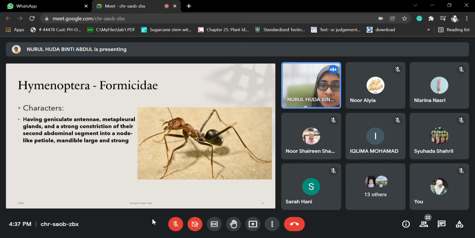Okay, other than that, what are the things you can see? Ada mandibles. Yes, tadi kita dah sebut mandible dia ada. Very large and strong mandible here. Mandible large and strong. Ada claw. Yes, they have claw. Cumanya in picture you cannot see lah. Most of the insect ada claw. So it's a bit tricky to use that kind of